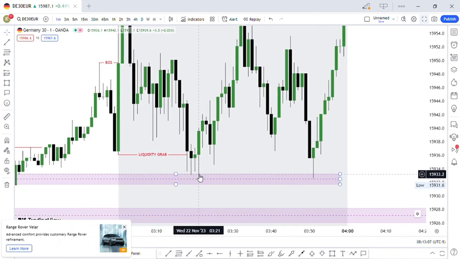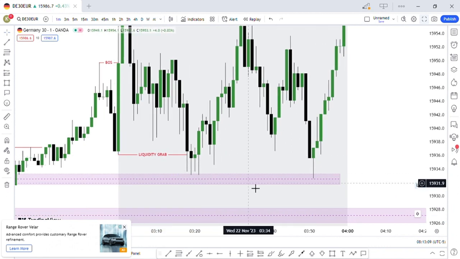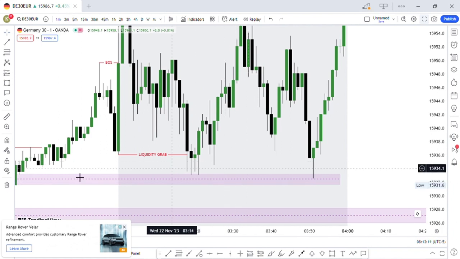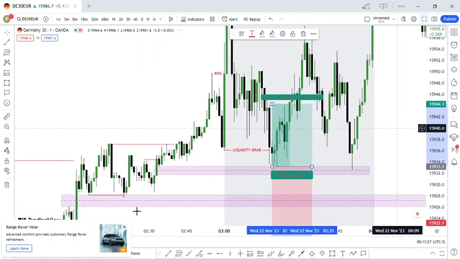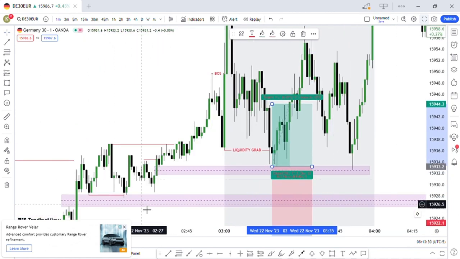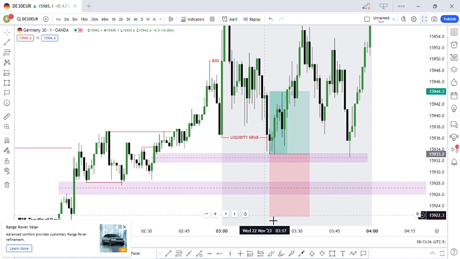So the market came, and you can take your entries here at the open or at the 50% of the fair value gap. I usually look at the size of the fair value gap, and if the fair value gap is big, I like to take my trades at the open of the fair value gap. So you can take your entries here, and where do you put your stop loss? Say you put your stop loss below this low, because this fair value gap has been filled, so the market is unlikely to go to this low. So you can put your stop loss there.